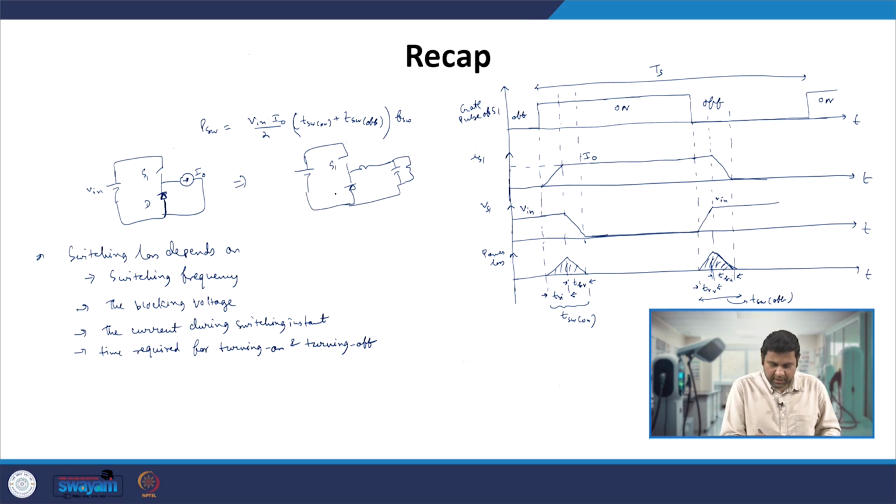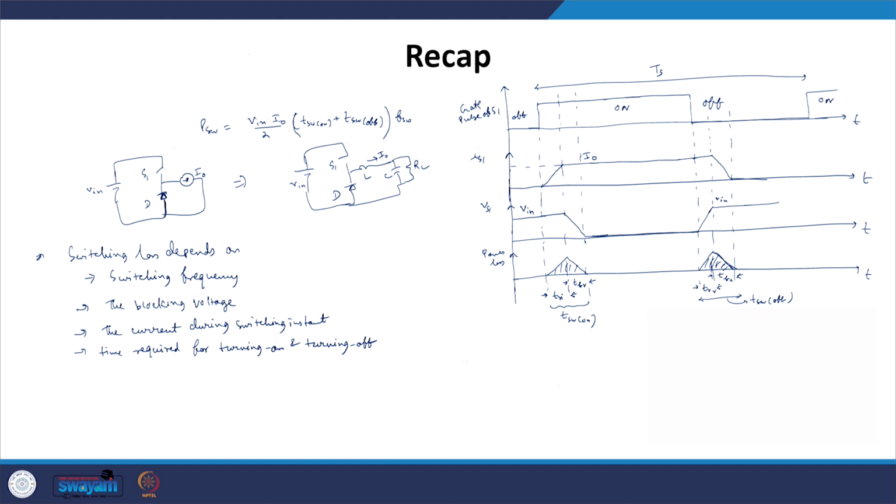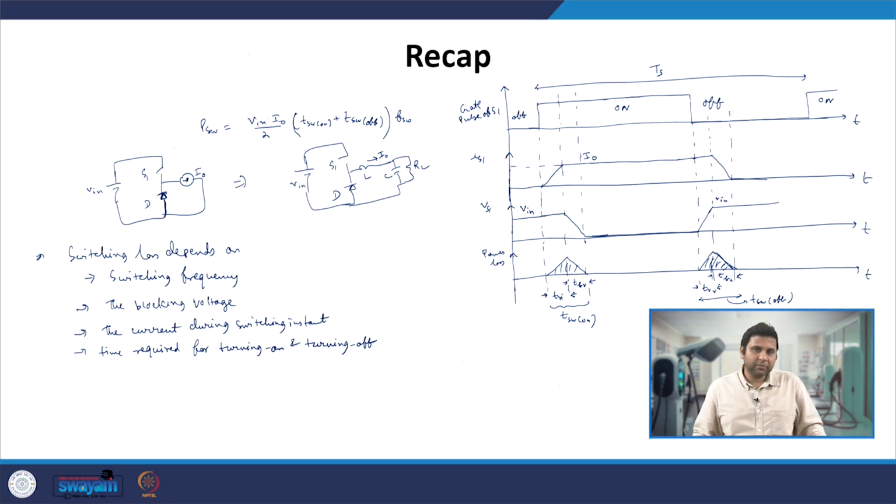In this particular circuit the output is I naught with certain ripple over it, and this is RL, and this is C, and this is L. If we assume the ripple component is very minimal, our system is something like this, and there we have the constant current. We can determine the load as drawing a constant current at the output of the combination of switch and diode bridge. Then we derived our switching loss for this scenario.